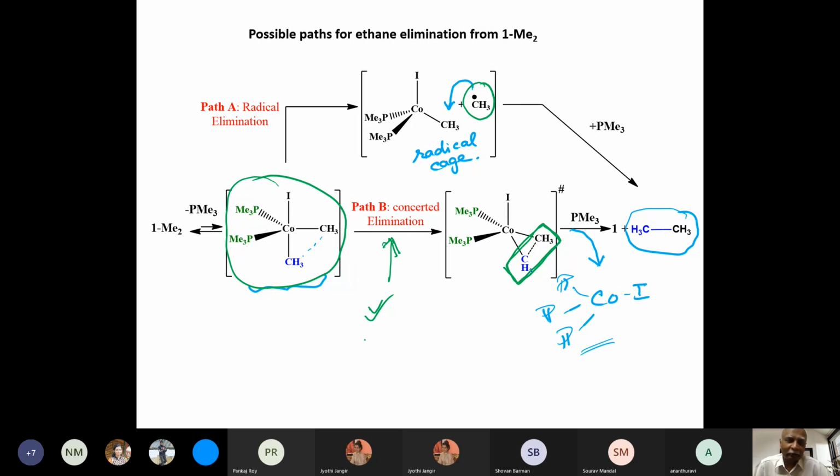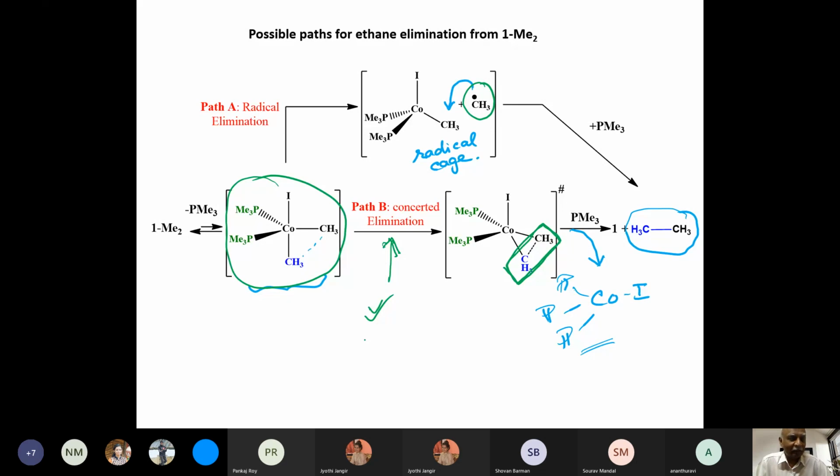Okay. Frankly, as I read the paper, as I studied this reaction, my first feeling was no dissociation is necessary. I was proved wrong. Dissociation was necessary. This is still a mystery. And I will tell you that this is a very common theme in all reductive eliminations. Almost every reductive elimination is preceded by a dissociation step. It's very counterintuitive, not what you expect, but this is a fact. Reductive eliminations are preceded by dissociations.